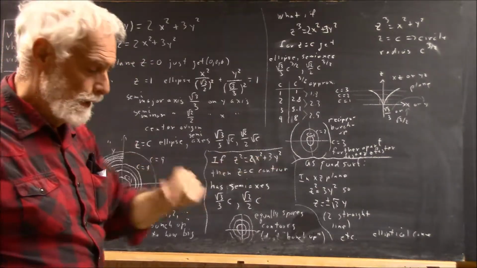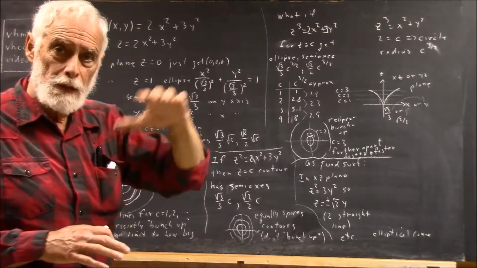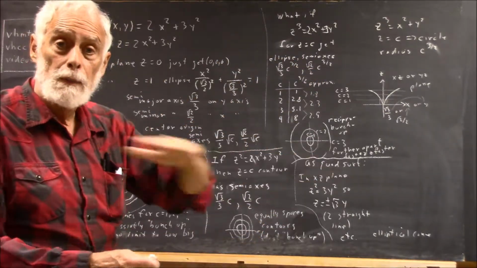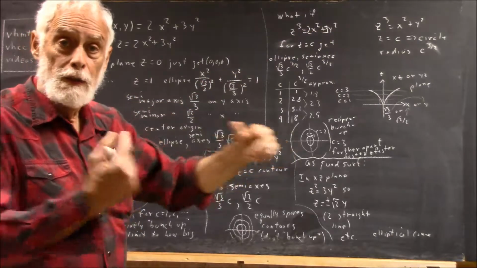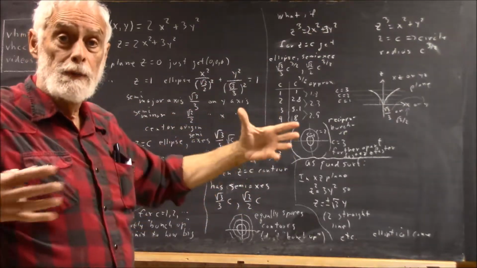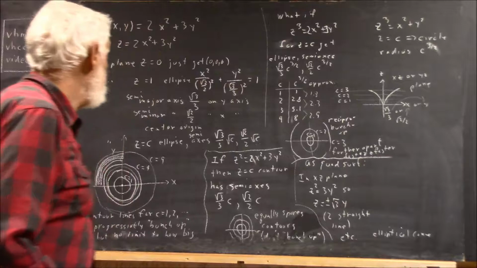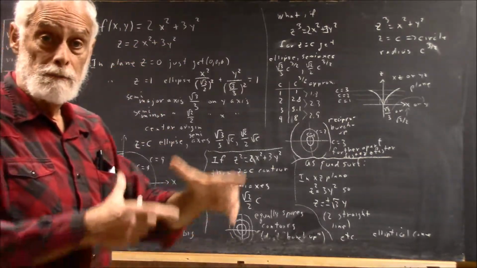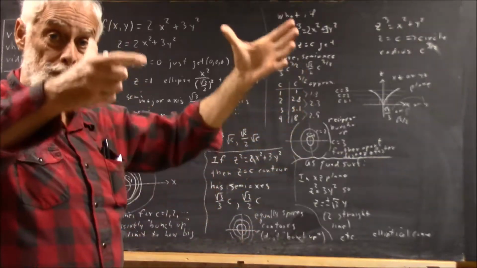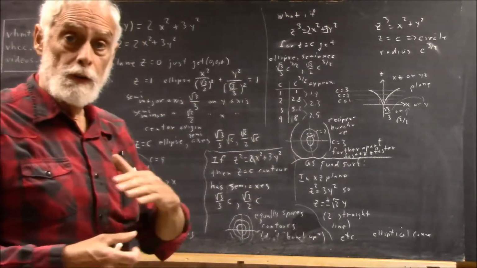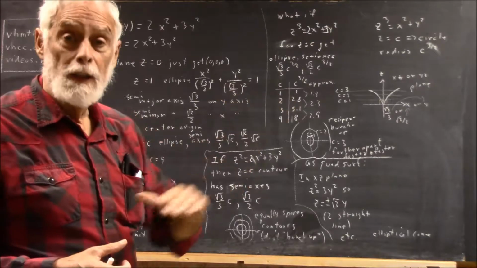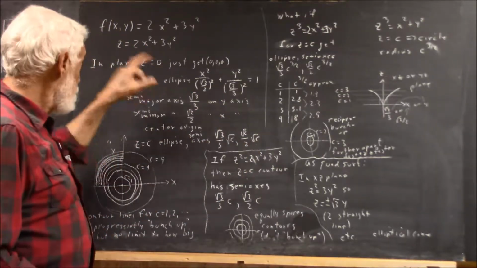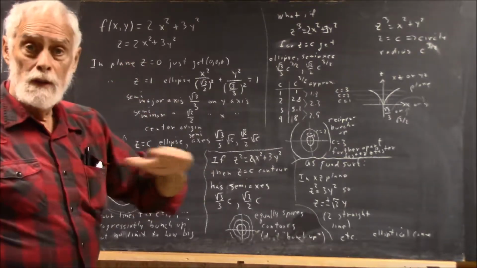parallel to the xy plane, because if you imagine this as a set of hills, or that's actually a paraboloid, and you cut the paraboloid at different levels, you get ellipses, and the ellipses change size. The paraboloid gets bigger as you move up the z-axis. It expands in this direction. So you're going to get bigger and bigger ellipses as you move upward and intersect this graph with planes where